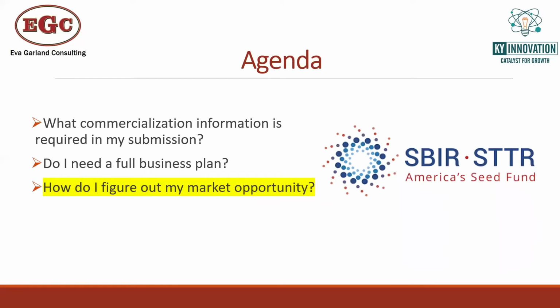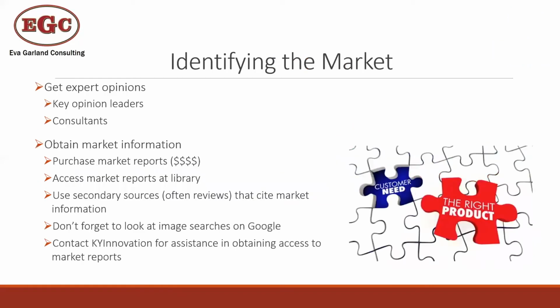All right. And then how do you figure your actual market opportunity? One way is to get expert opinions. So people that, like I said, have been there, done that, they can pretty easily generate an idea of what the market looks like, what you can expect since they've had products on the market also in that area, and they can really help to lead you down the road to be able to identify what is the value proposition and what can you expect for your market potential.